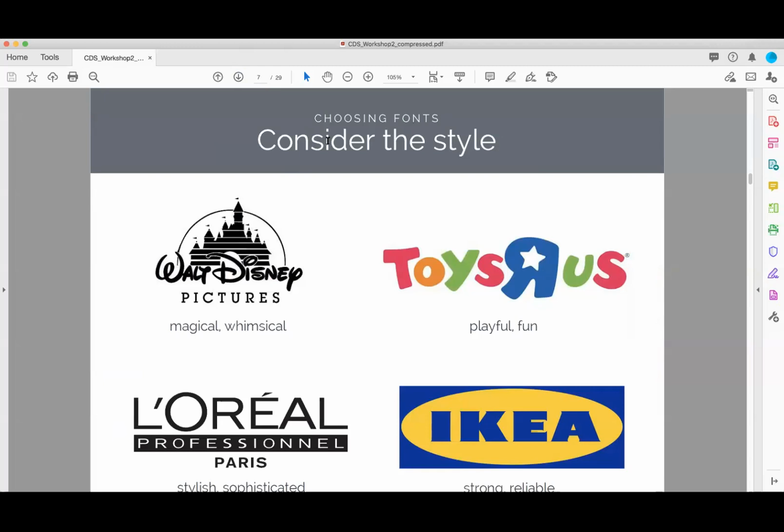choosing your fonts, right? You have to consider the style before you choose your fonts. And like I said, I'm going to give us an assignment today. I'm not going to give you a template, I'm going to make a request for you to design something. So you're going to choose the font, choose the color, choose the image and all of that yourself. You guys are becoming big boys now. So I'm going to show you,